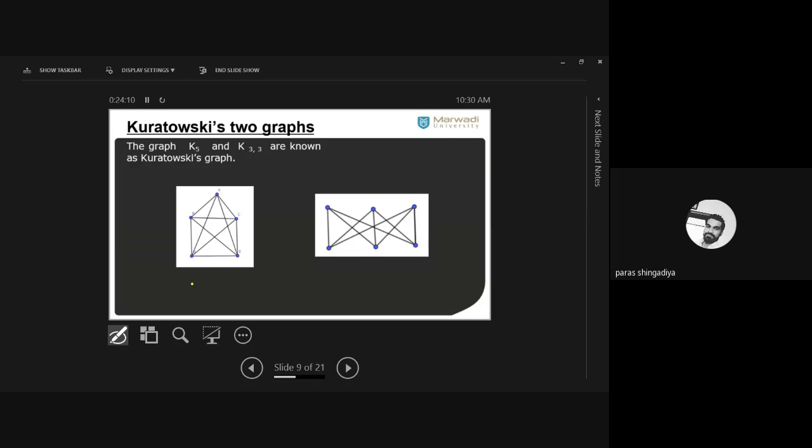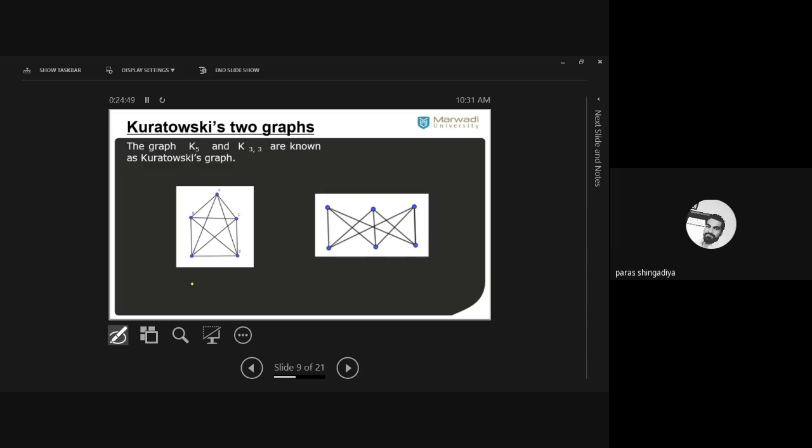But for K5, we cannot embed it. Means we cannot modify this graph as a planar graph here. Clear? We cannot modify the graph of K5 into a planar form. Means we cannot remove the crossovers among the 10 edges given in this K5 using the planar graph concept. Clear? So therefore, the first graph in the complete graphs is K5, which is non-planar. And since K5 is non-planar, K6, K7, K8 will also be non-planar graphs. Clear? अगर K5 में possible नहीं है तो K6 में तो उससे ज्यादा एज होगी, ठीक है, K7 में उससे भी ज्यादा एज होगी. So it is not possible to make the planar form.